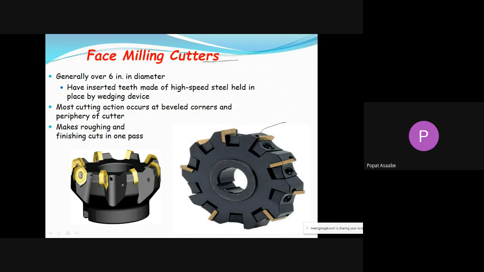On its periphery, the inserts are inserted. See, this is called the insert, and with the help of that insert, means it is the teeth. One type of teeth is there, and the teeth are inserted into this portion. It is called the face milling cutter, and with the help of that teeth or insert, we can remove metal from that workpiece. Okay, this is the face milling cutter.